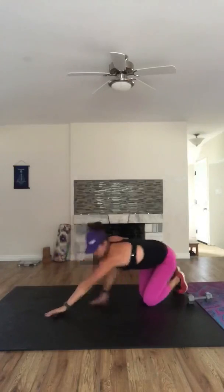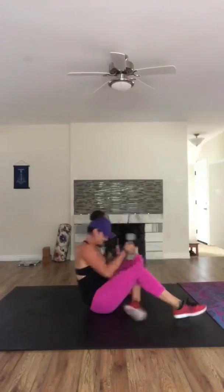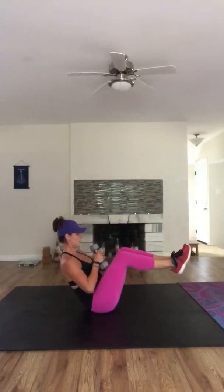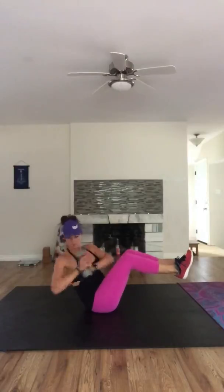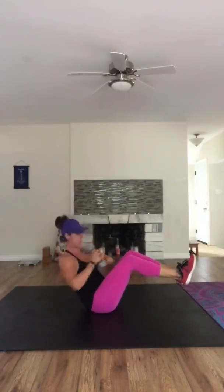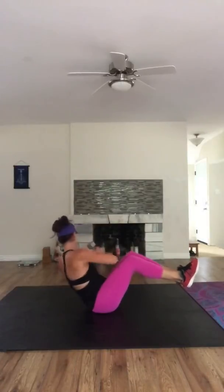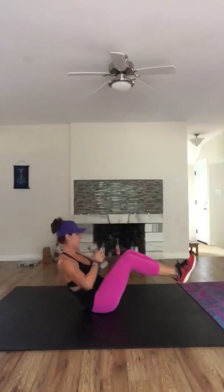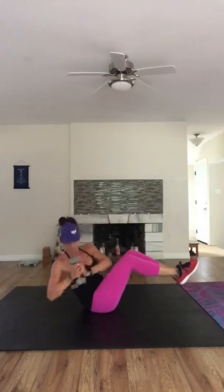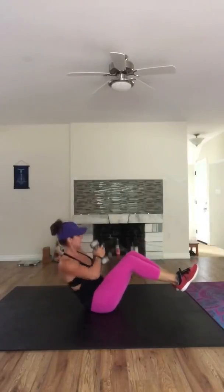Next up, we're going to sit up for a V-sit Russian twist with the dumbbell. Balancing on your sits bones, mimicking the letter V in your body. You could have your legs out straight or your heels down on the ground. Keep the dumbbell a little bit farther than